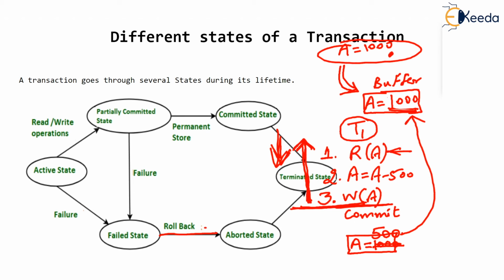And whenever the transaction is rolled back, we say that the transaction has got aborted this time and it has to restart from the beginning. So definitely the transaction terminates. If it is rolled back, the transaction has terminated and it has to begin again from the active state and execute all the operations all over again. I hope you have understood this graph, a directed graph which very well explains all the states of a typical transaction. Thank you very much.